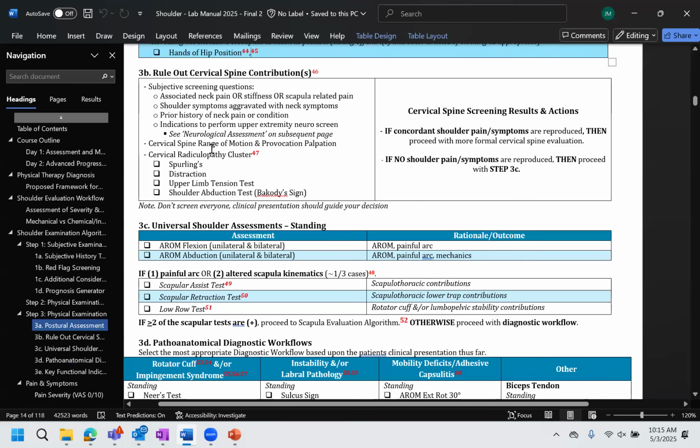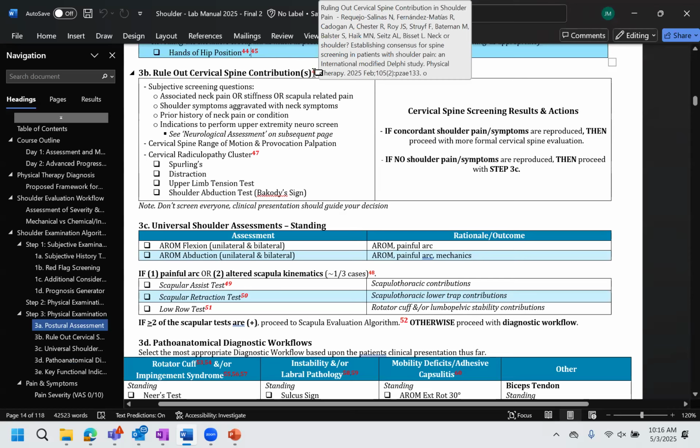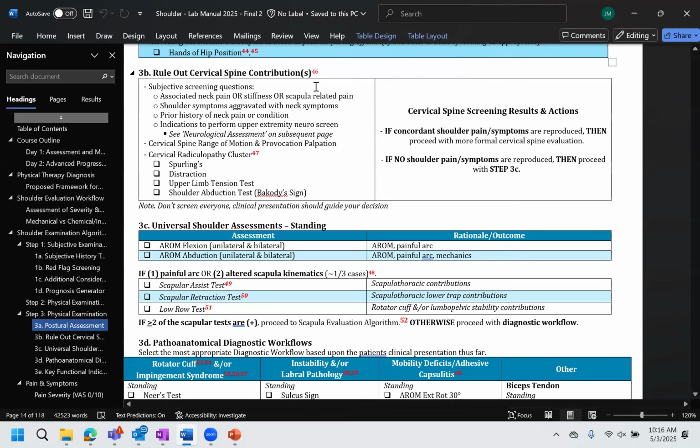All right, and then a publication as of this year in PTJ, 2025, on ruling out cervical spine contributions in shoulder pain. The consensus of the experts who wrote the paper is that the cervical spine should not be a component of every shoulder that you see. It should be determined by a couple of things. One, your subjective screening questions, for which I've listed the criteria here that would be required for further assessment of the